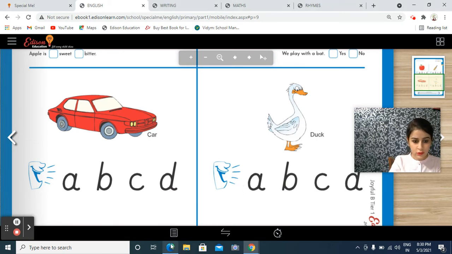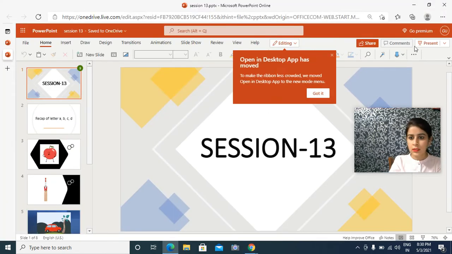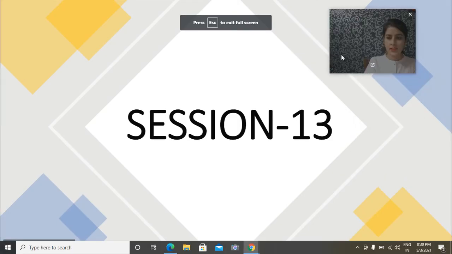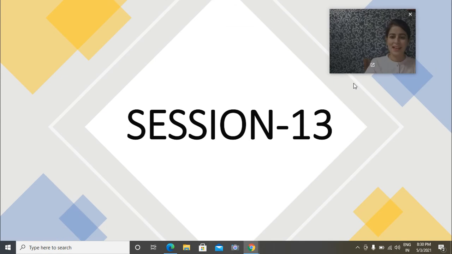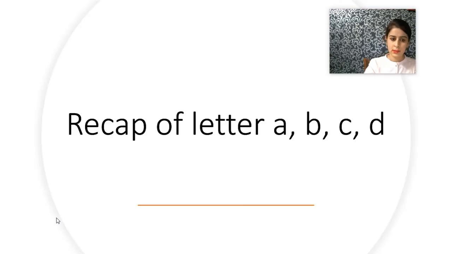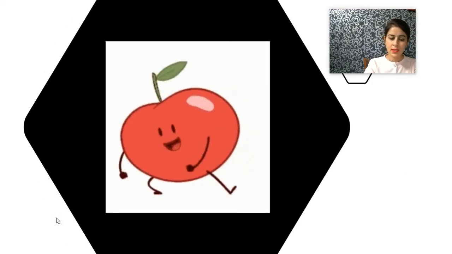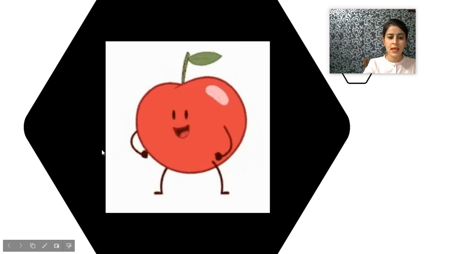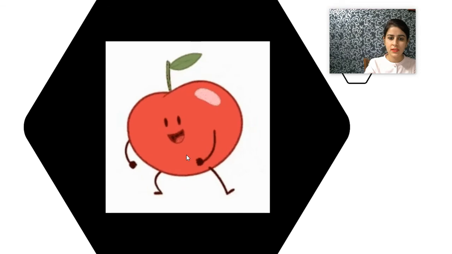Okay, I'll show you something. This is our session number 13, recap of letter A, B, C and D. A, be, ke, de. What is this? This is an apple. What is this?